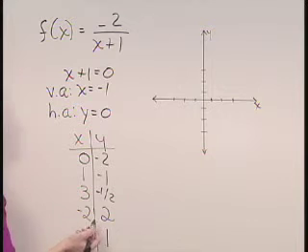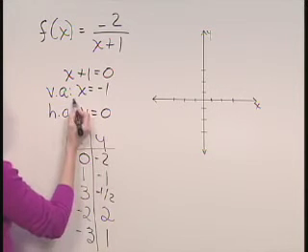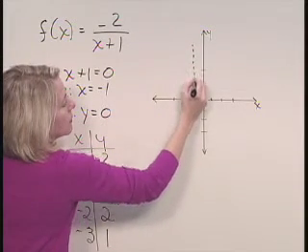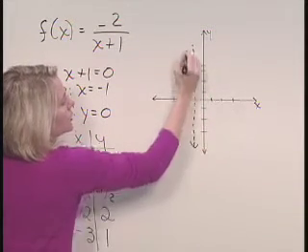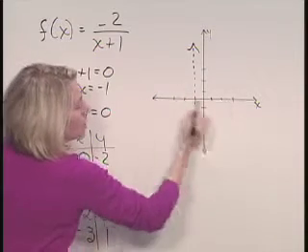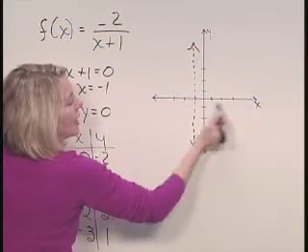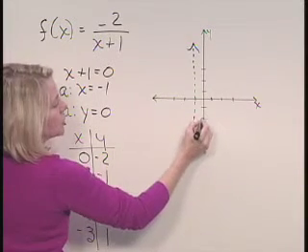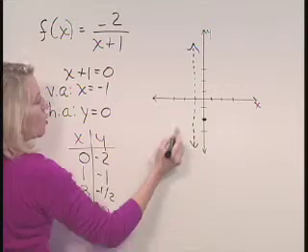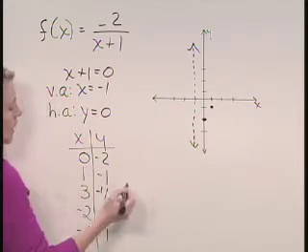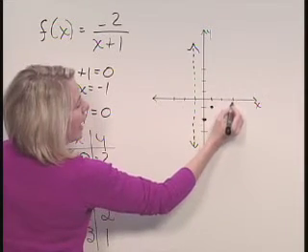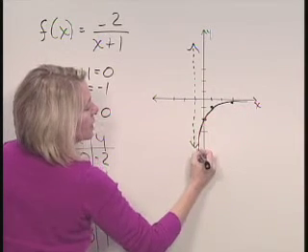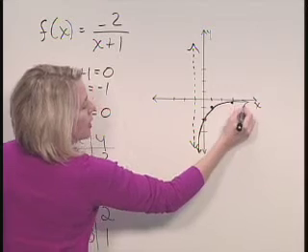So let's take these points and put them on our graph. First of all, we'll put a line at x equals -1. This is our vertical asymptote, and our horizontal asymptote is going to be our x-axis. And let me put these points in: 0, -2, 1, -1, and 3, -1/2. So about right there. So my graph is going to get very close to my vertical and horizontal asymptotes, but